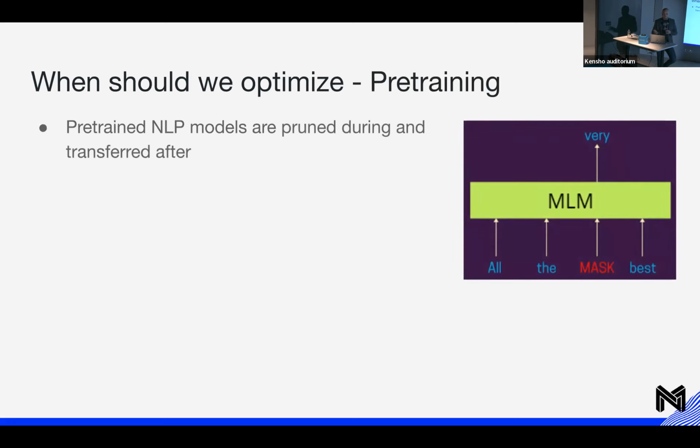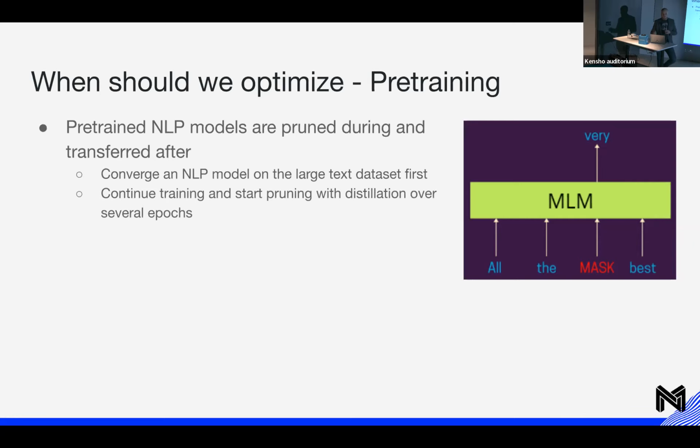BERT very famously introduced pre-training and then fine-tuning on the data sets. So we can take a pre-trained NLP model, prune during that pre-training, and then transfer it down to fine-tuning. While we're fine-tuning, we can converge an NLP model on a large text data set, continue training, and start pruning with distillation over several epochs. Obviously, this can be expensive. We'll get through that in a little bit since we're on the upstream, but it does have quite a bit